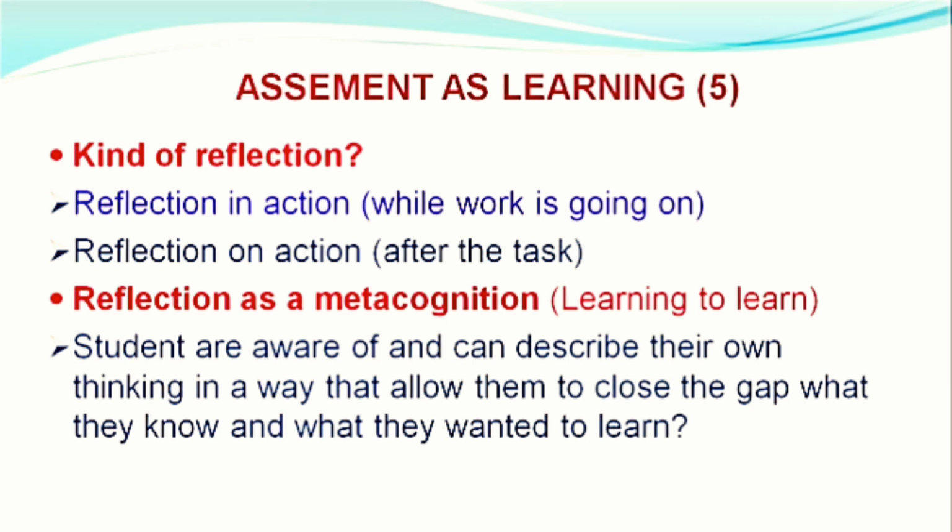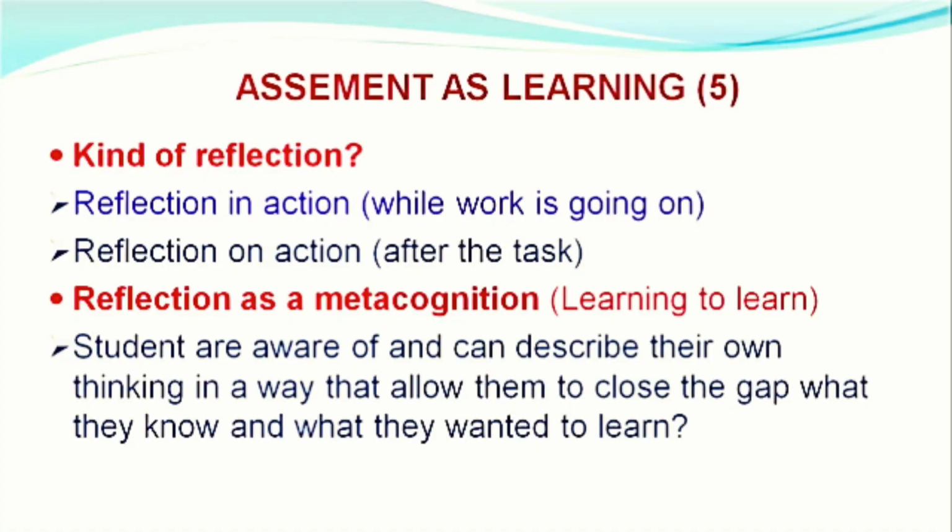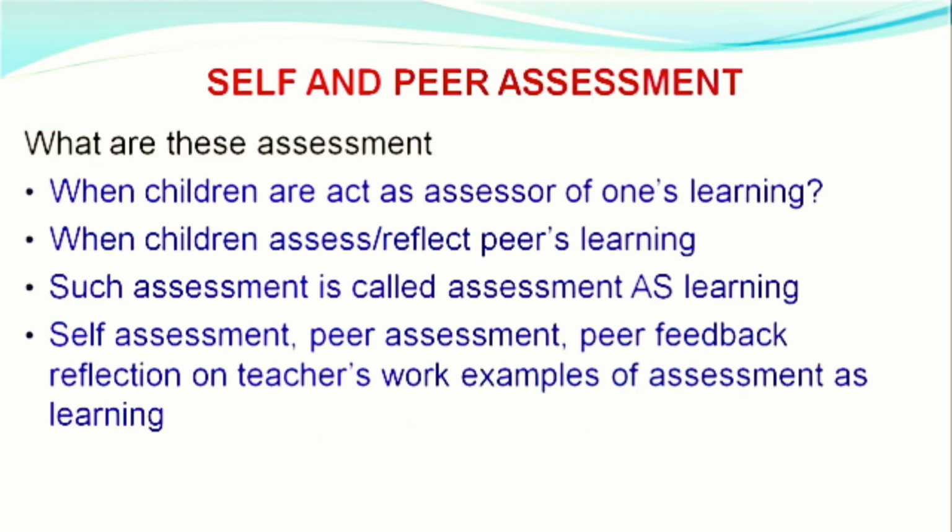Similarly, the second kind of reflection is reflection on action. That process is used by the teacher when she wants to record what the child has attained, what they have learned. So, after the completion of the task, if the reflection is used, it is used for the reporting purpose. Here the purpose is not just using it as one of the activities, but to report on the child in terms of strengths and weaknesses. So, again we can say reflection is a process used by the teacher to prepare children for learning to learn. Now, what is the